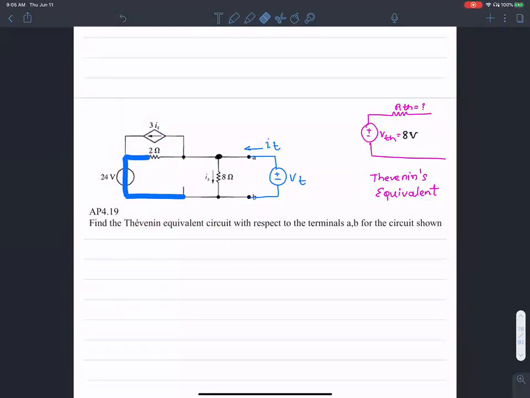So what I have to do is find RTH using the V test, I test method, and I apply this when I have dependent sources. Earlier, in the last problem, I simply found the RTH directly because I did not have